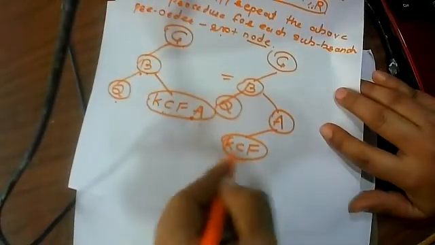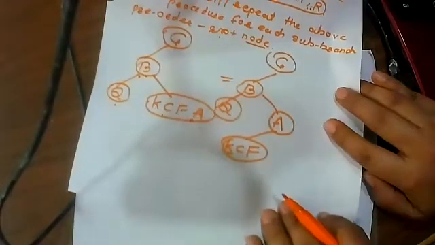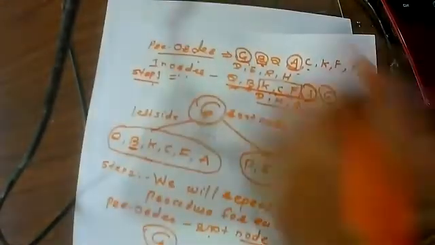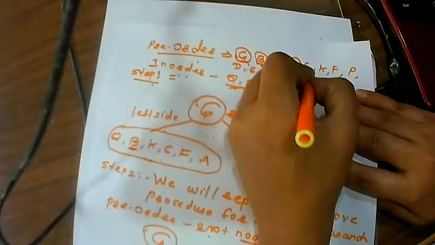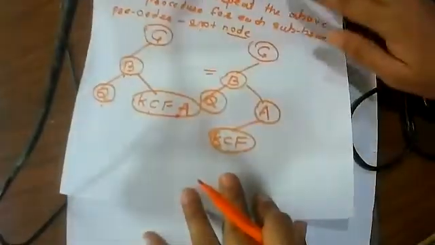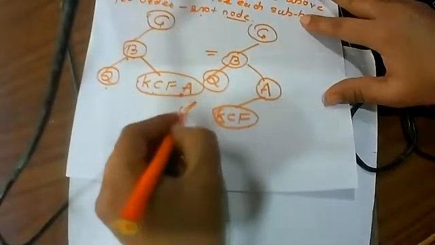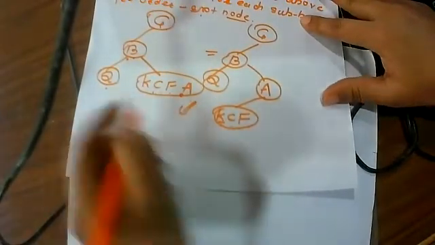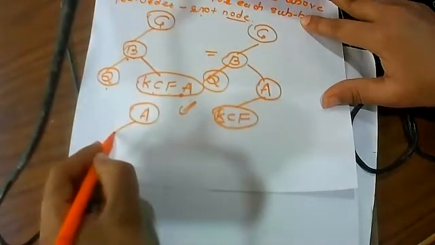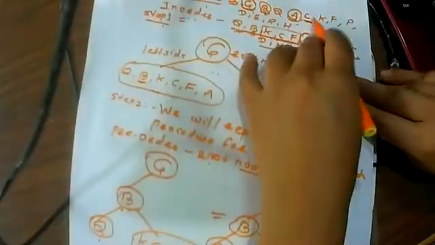Okay, so again KCF, you can find out the position of KCF, where we are going to place it. It is pre-order. In pre-order we will check who is the root node here? KCF. So C comes after A. Okay, where does C come? It comes after A. That means C is the root node of this tree. Again I am drawing this tree here. Everyone can understand. So again I am drawing the same thing here. I am just exploring this part here. So how will it come? After A, what is A's child? KCF. So from in-order we found that C is a root node.